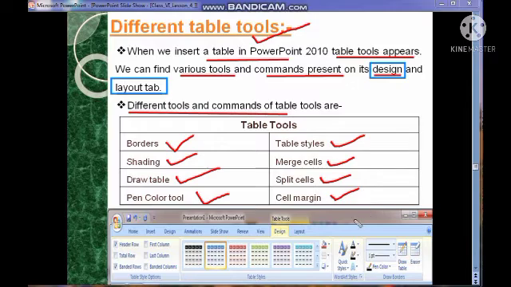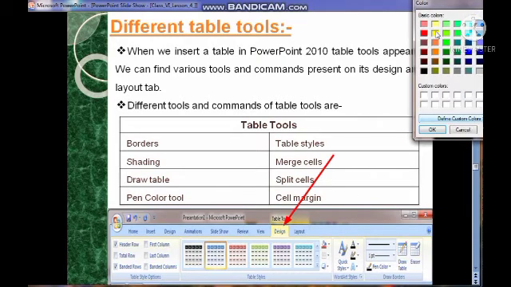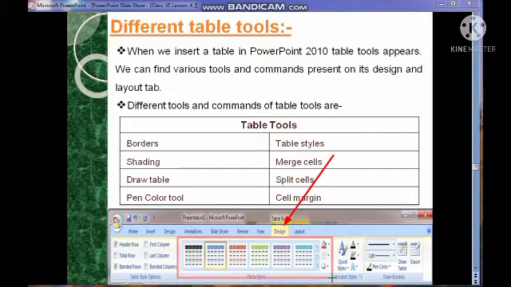Now you can see downside one figure is also given. You can see in the design tab different types of designs, or we can say different table styles, are given.